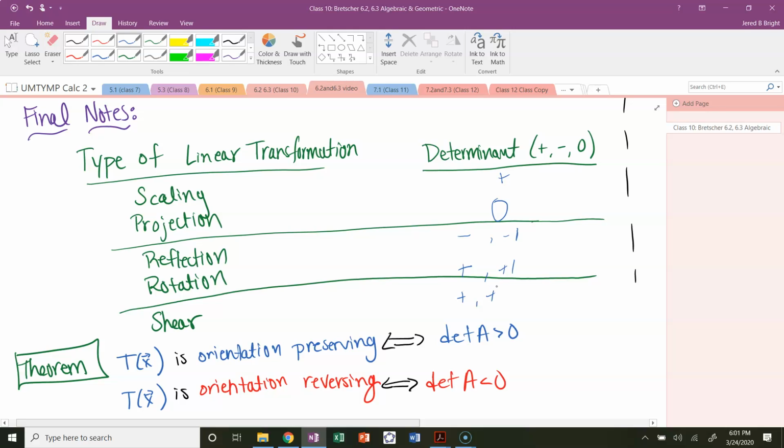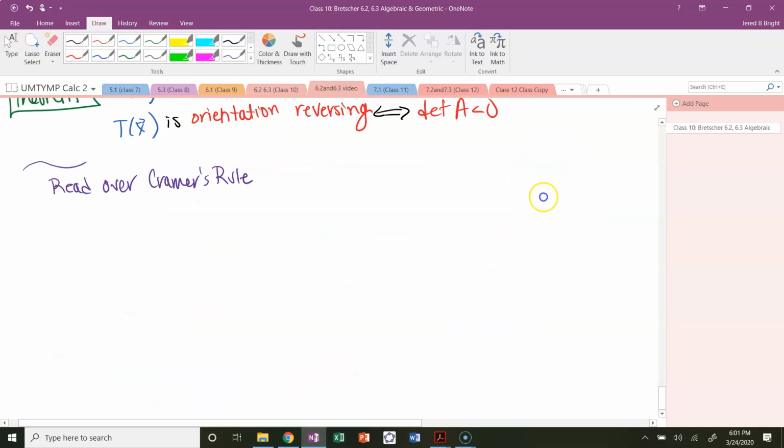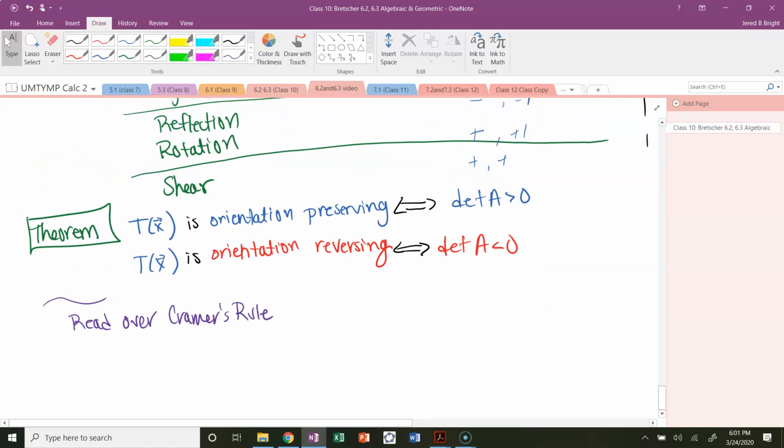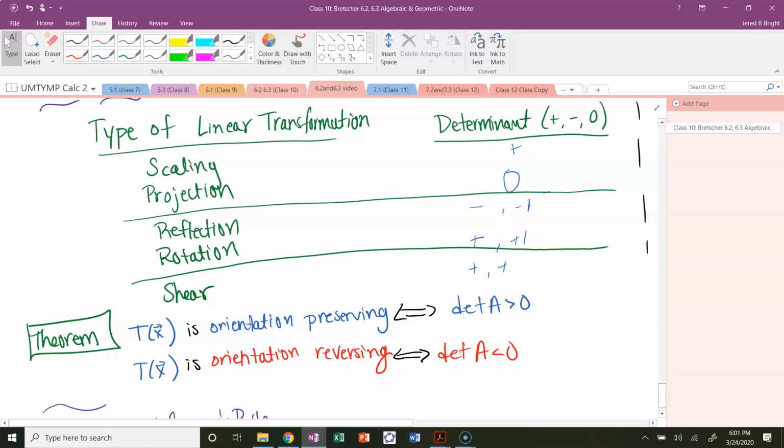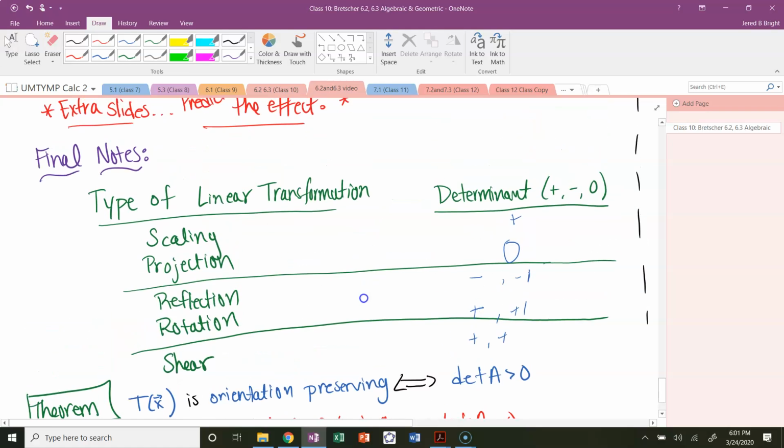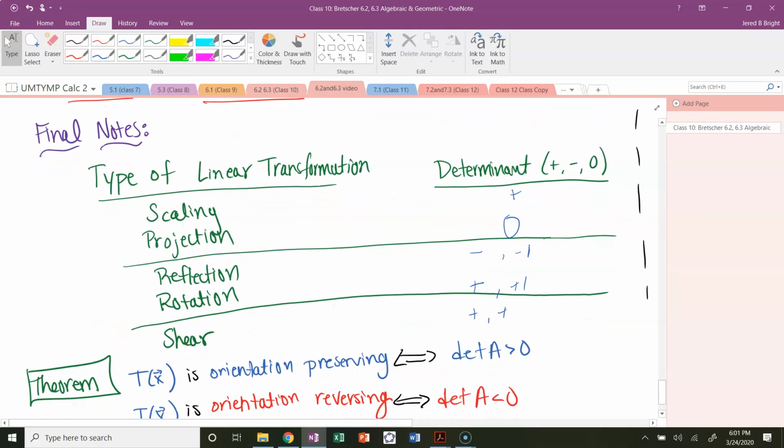And then just a final note, we don't really stress Cramer's rule, but it's a good thing to dust the cobwebs off of. So just make sure to read over that in the section. So this video wrapped up everything that we were talking about with the geometry related to determinants, and we'll get some more